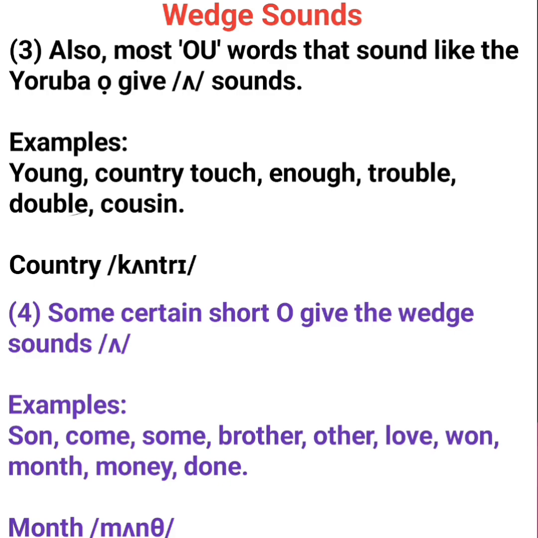In all these examples I brought, the letter O gives out a short sound. We use the carat sound, which is also known as Welsh. So it can be called carat sound, or it can be called Welsh. And finally, we use Welsh in some certain words, and it is highly advisable to memorize these words, because the